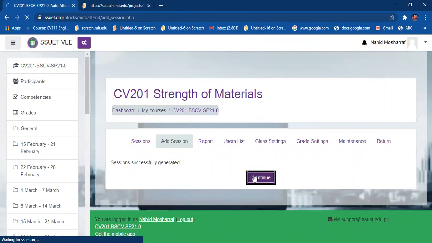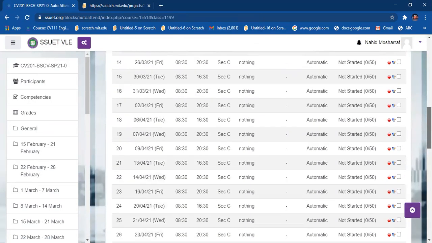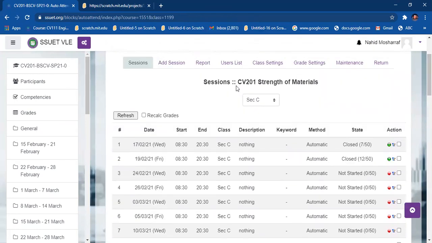So continue, the sessions are successfully generated. So now done, you can see the section C classes are here, not started, and all that.